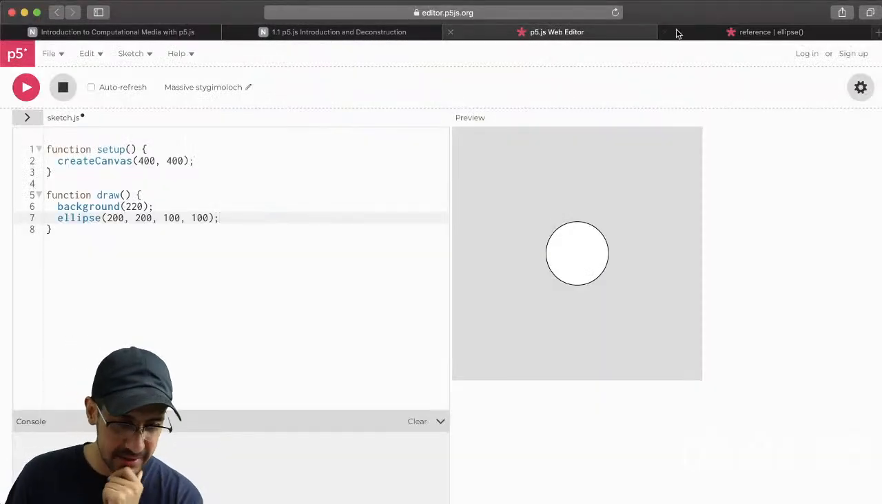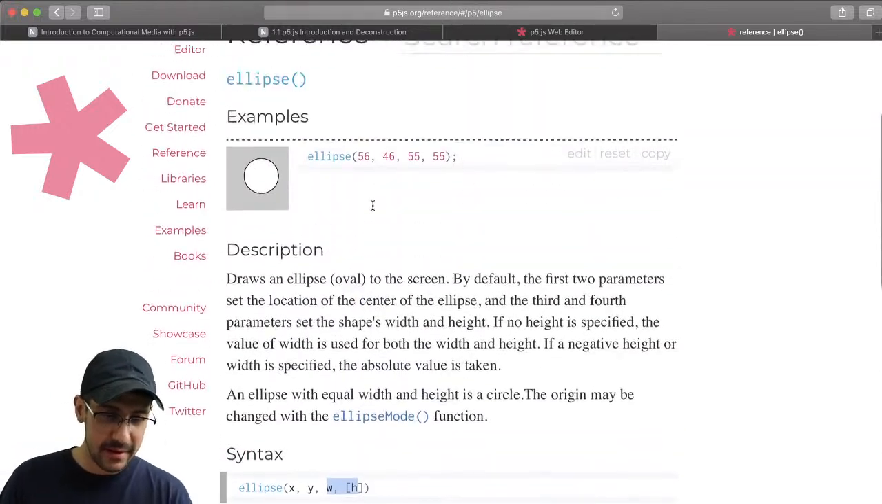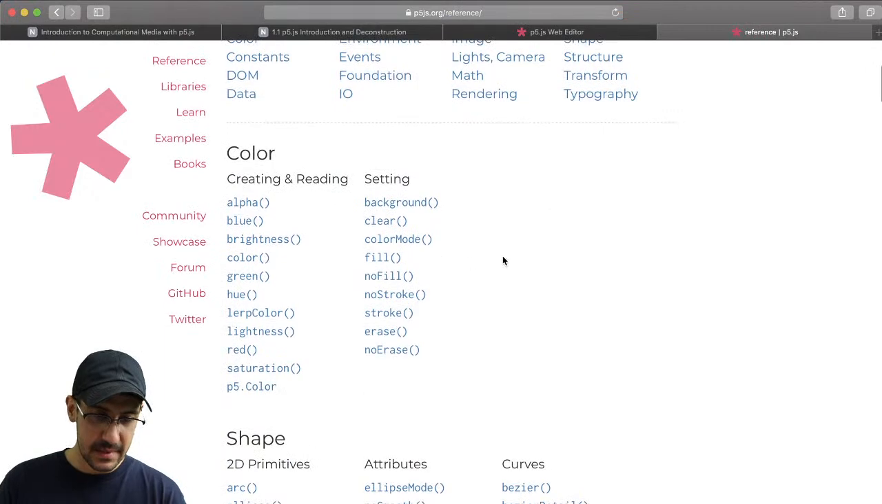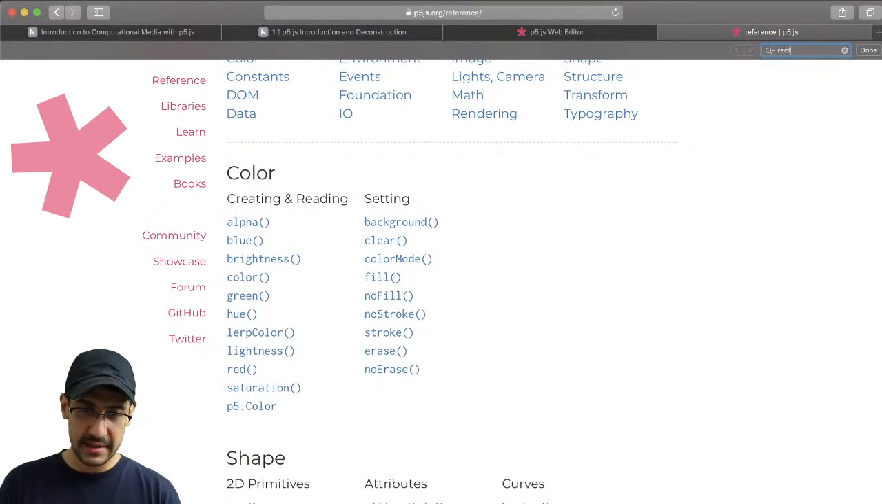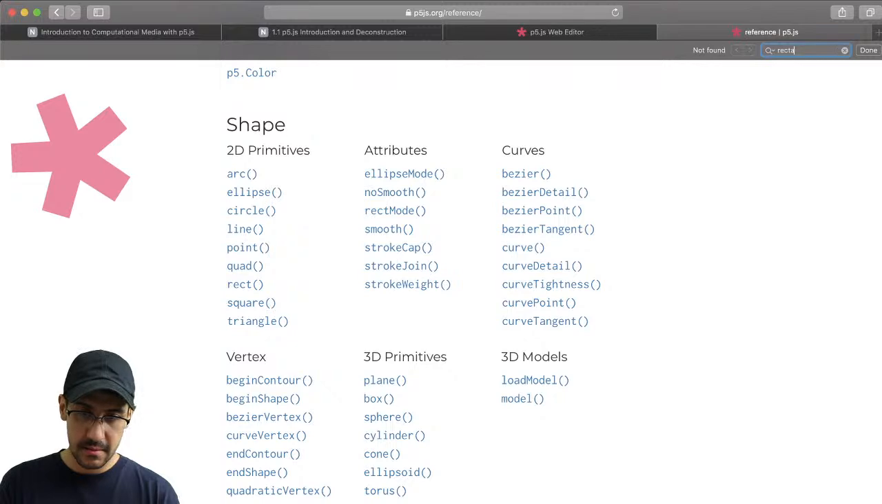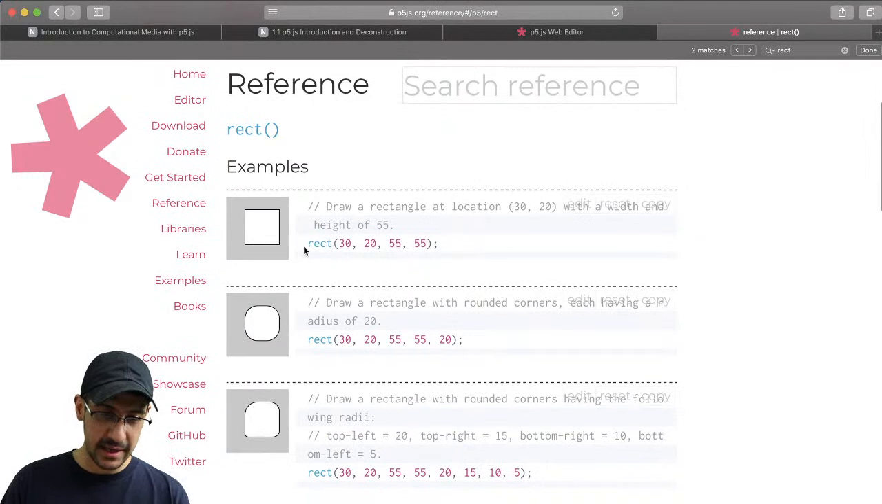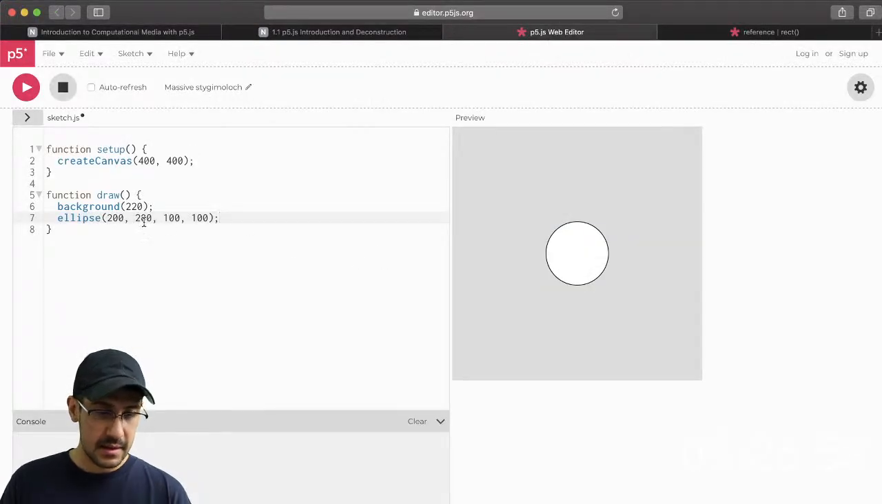Let's see, what else? Oh, but I don't want an ellipse. I want a rectangle. So how do we draw a rectangle in P5? All right, so let's go back to the reference and let's see if we could search for rectangle. Maybe it's going to be rect. Okay, so rect is going to be our rectangle. We could put the location and then the width and the height. Okay, so let me comment out the circle